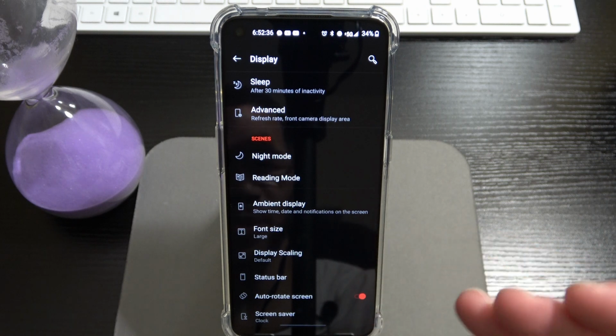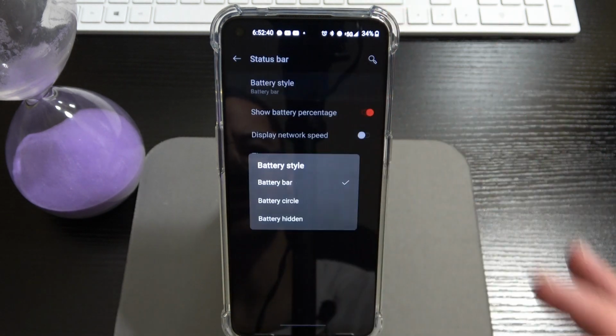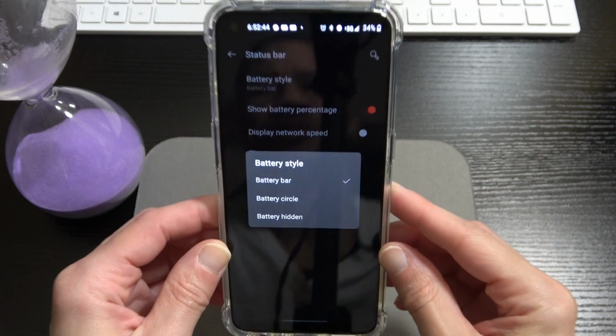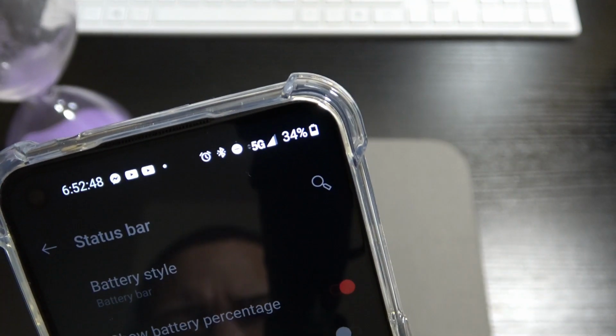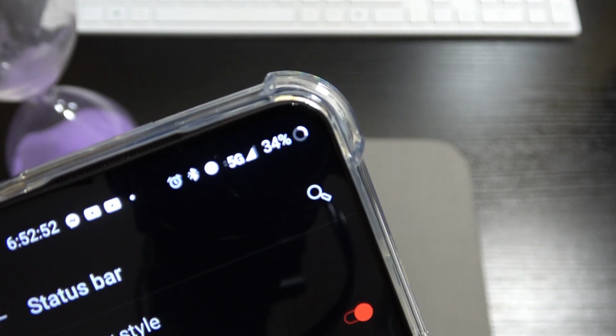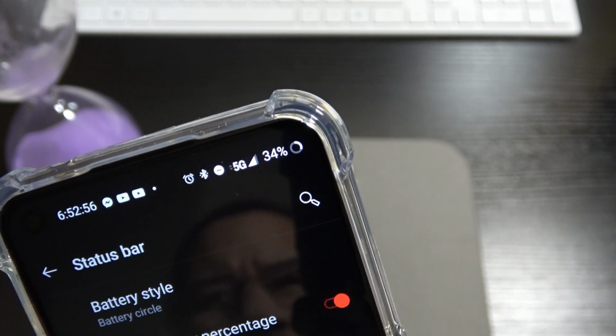Font size, display scaling, status bar. This is where you can choose your battery bar, which is just that little battery icon right there at the top right. It can be a circle, which, depending on that circle, shows your battery life. Or